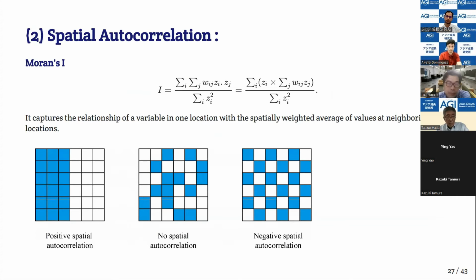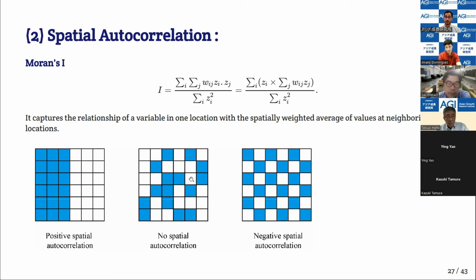Now, what is spatial autocorrelation? When you see these images, you can think of spatial correlation as measuring patterns. For example, positive spatial autocorrelation means that, if blue represents high GDP and white represents very low GDP, regions that are rich are clustered. So regions in blue that are very rich are surrounded by regions in blue, which are very rich. And regions that are white, poor regions, are surrounded by poor regions. That means positive spatial autocorrelation. Regions are surrounded by similar regions in terms of this variable, for example, income per capita.